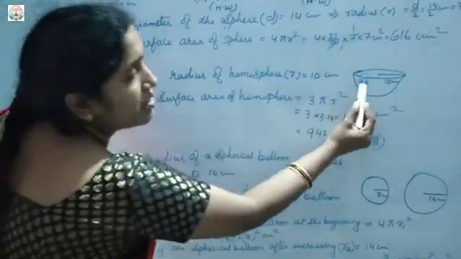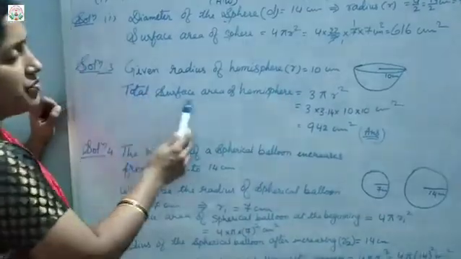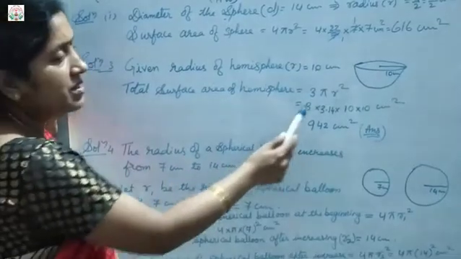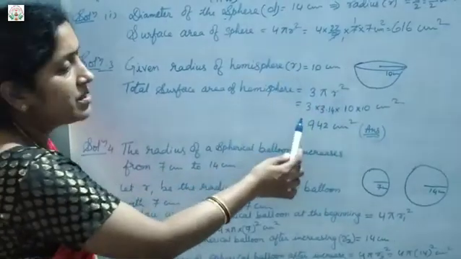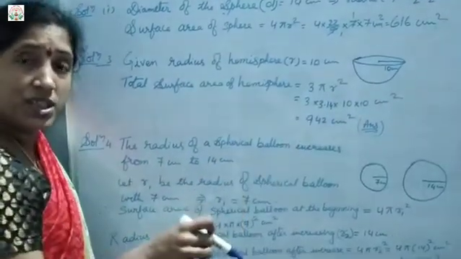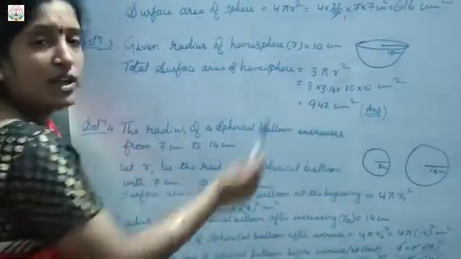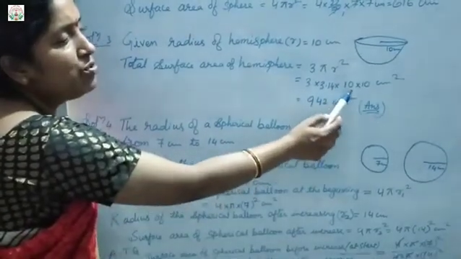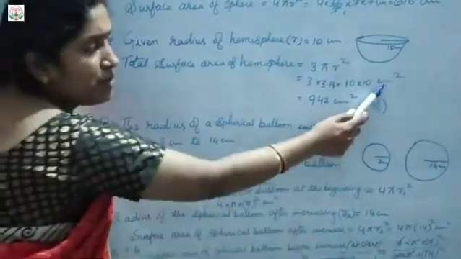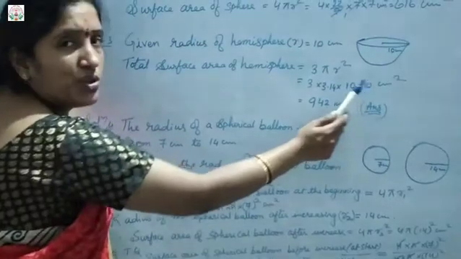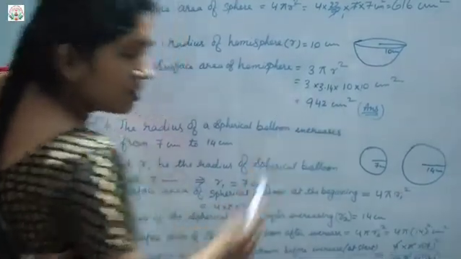So that is why here you can see the given that radius of the hemisphere is what? 10 centimeter, means this is your circular one, so radius will be 10 centimeter. Okay. Now total surface area of the hemisphere formula is given in the book, that is 3 pi r square. So now put the value of r there, that is 3 into pi value. In the question itself it is given that do not use 22 upon 7, use 3.14. So put the value of pi, that is 3.14 into 10 into 10, because r value is 10. So 3 times 10 into 10 will be multiplied and unit will be cm square. So on simplification of this, you will get what? 942 cm square. Okay. So this is the answer.